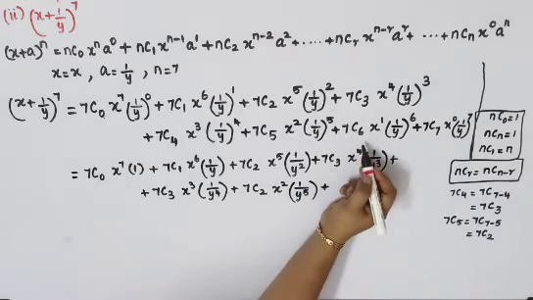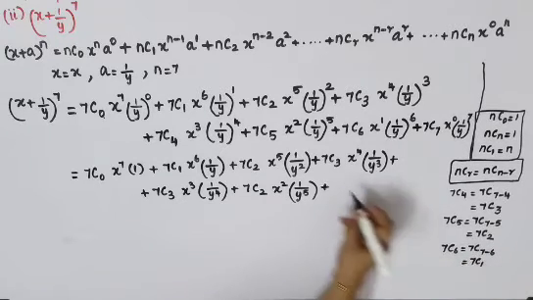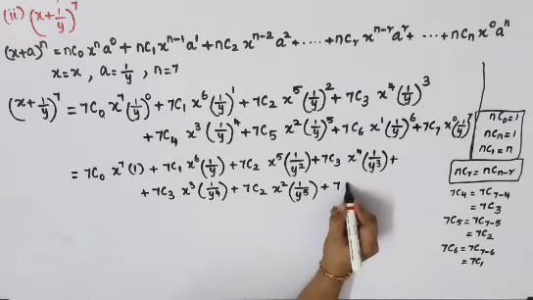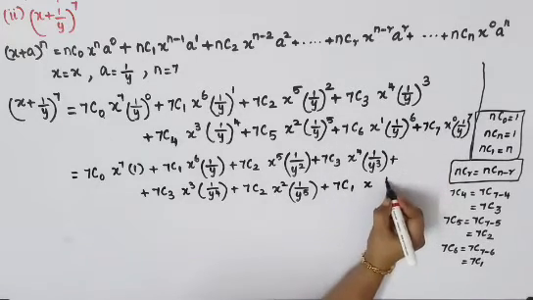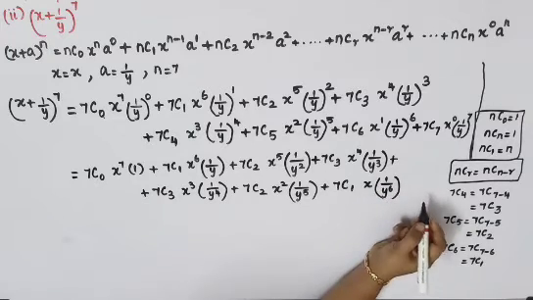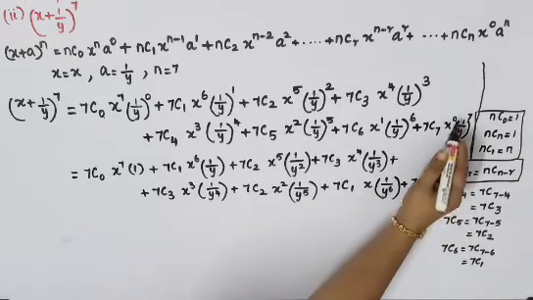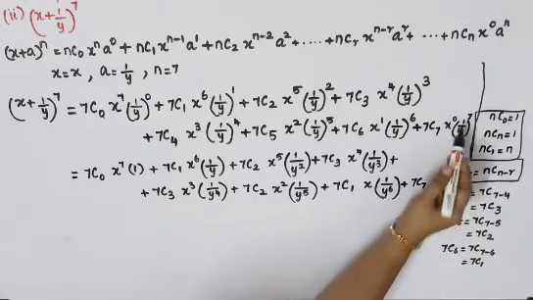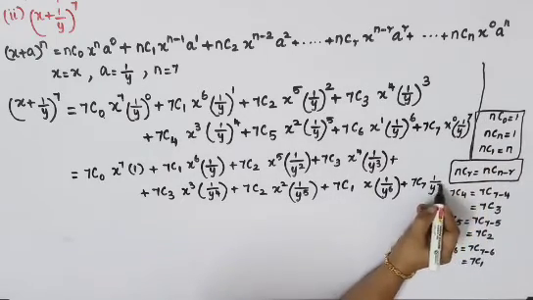Plus your next 7c6, it is a bigger term. So you can write it as 7c6 is equal to 7c(7 minus 6), that is equal to 7c1. So in the place of 7c6, I'll just write it as 7c1 x power 1, I'll just leave it as x, and this is 1 divided by y power 6. So take it to the denominator, so it will become 1 by y power 6. Now your 7c7 is there as it is. X power 0, anything to the power 0, it will become 1. But only this term will be there. So 1 by y power 7. So I can take it to the denominator.